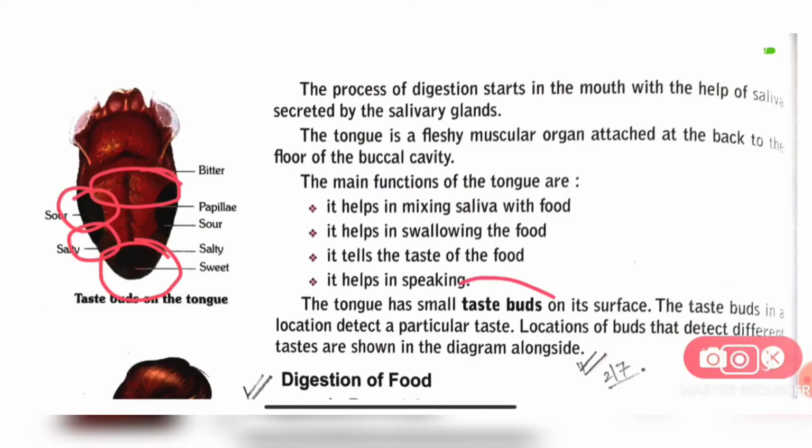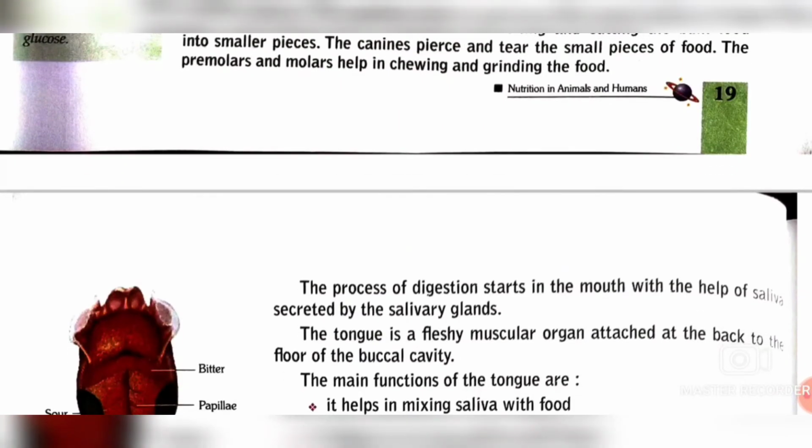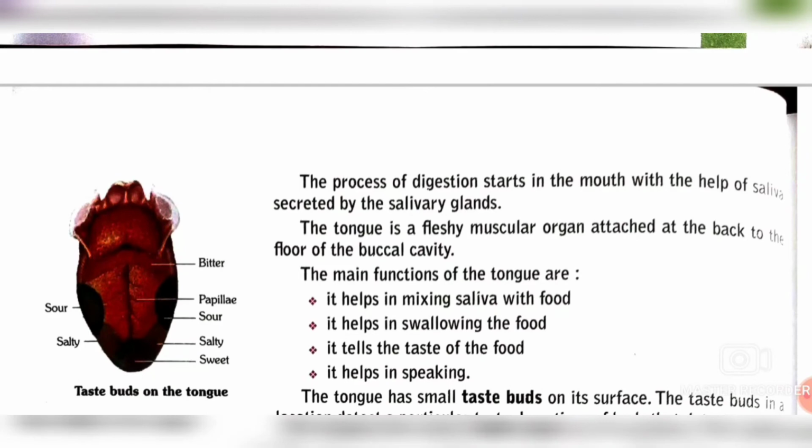তো টাঙের টেস্টিংয়ের জন্য কোন অর্গানটা দায়ী? Small pores that are taste buds. So এটা হচ্ছে tongue-এর একটা ফাংশন। তো আমাদের মুখের ফাংশনটা আমরা দেখলাম, মুখে রয়েছে কি mouth, in our mouth there are teeth, tongue and salivary gland. Teeth আর tongue খাবারটাকে ডাইজেস্ট করতে সাহায্য করছে। Also salivary glands help the food for primary digestion.